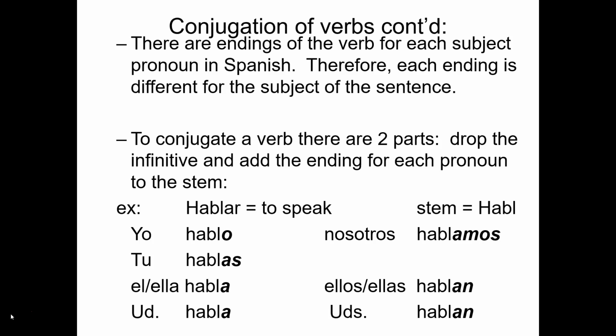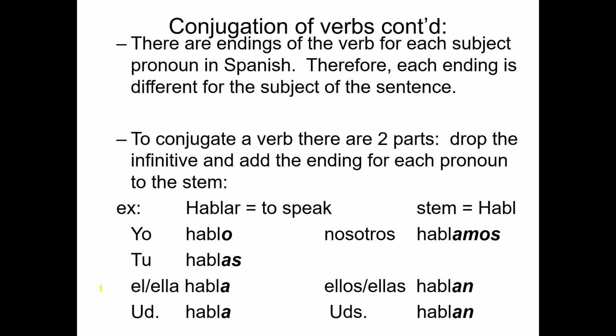Conjugations of verbs. There are endings of verbs for each subject pronoun in Spanish. Therefore, each ending is different for the subject of the sentence. To conjugate a verb, there are two parts. Drop the infinitive and add the ending for each pronoun to the stem. For example, we have the verb hablar,